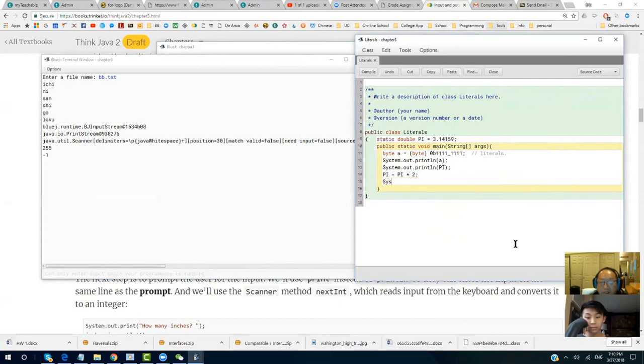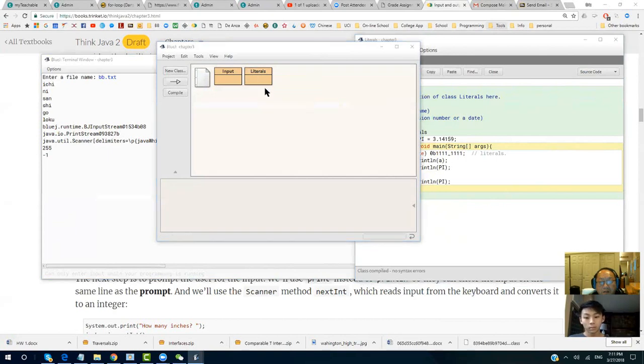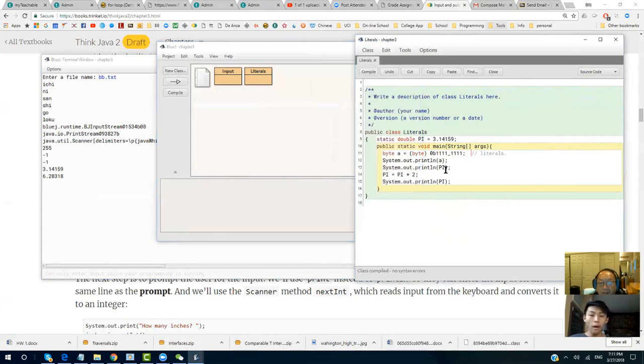The pi becomes 2 pi, and then I print that out again. The first pi should be pi, the second pi should be 2 pi. So one is 3.14, the other one is 6.28. So that's 1 pi, and then I multiply by 2, and then assign to pi, so pi becomes 2 pi. But here, if I put final,